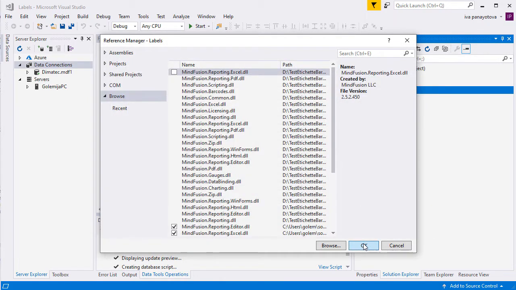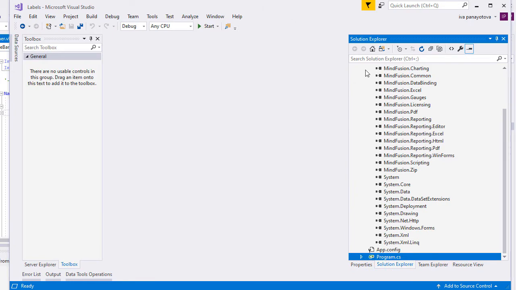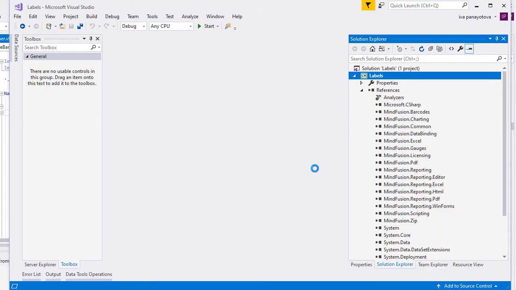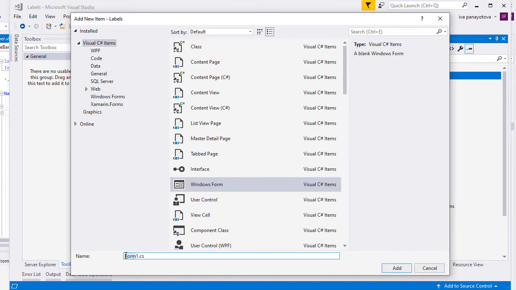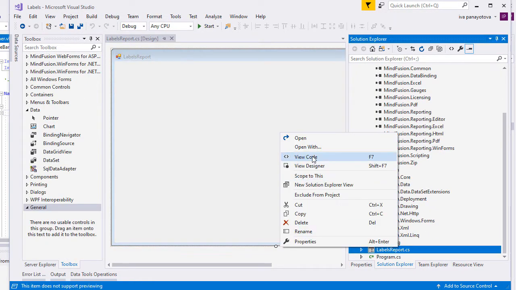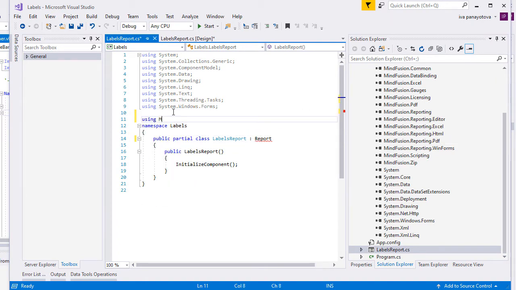We have copied the libraries in a folder called References in the main directory of the project. We will add now a new form to our project. Instead of deriving the form class, we will make it inherit the MindFusion report class.